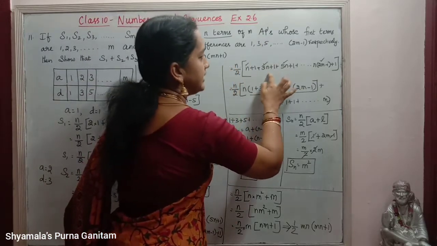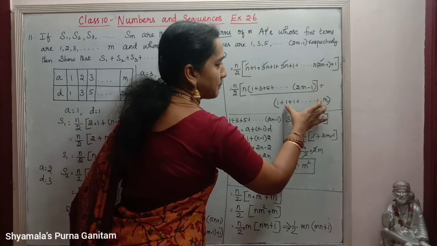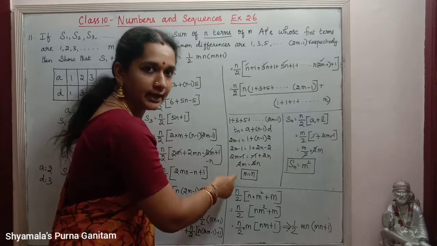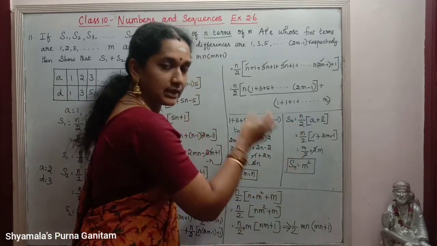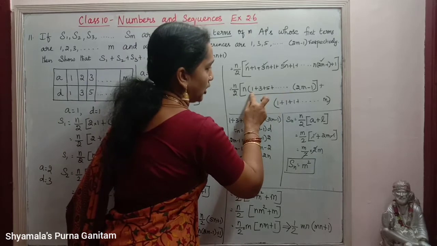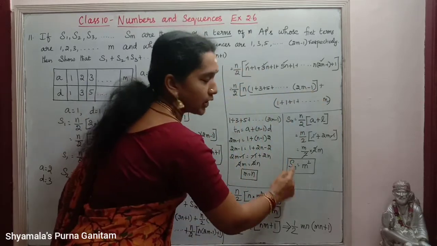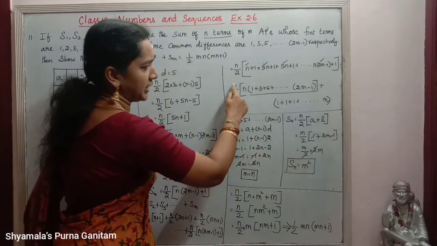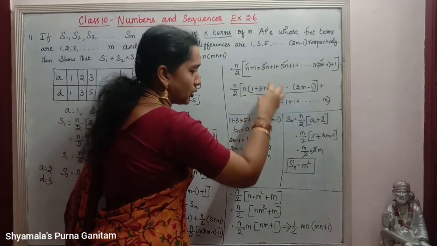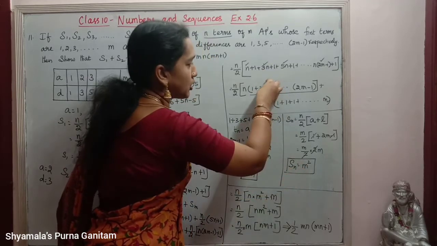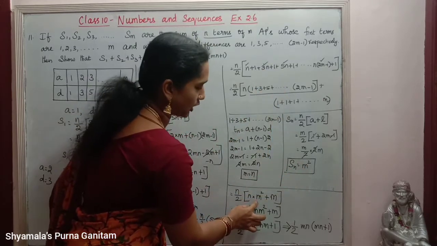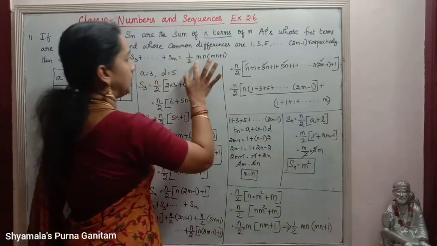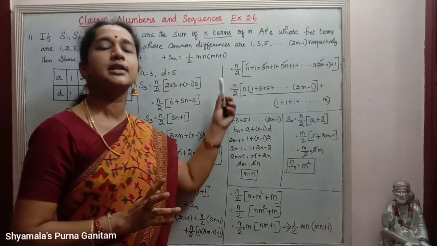In that, n terms separately I am taking and 1 separately I am taking, that is up to m terms. How many terms are there? For that we are finding the total number of terms, that is Sn for this term alone, 1 to 2m minus 1. I got it as m squared. So that value I am substituting in the given thing. So I am getting n into m squared plus, since m terms are there, that is m. So after simplifying, I got the required result on the RHS.